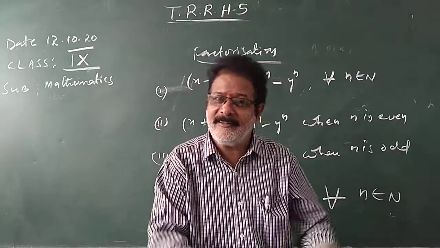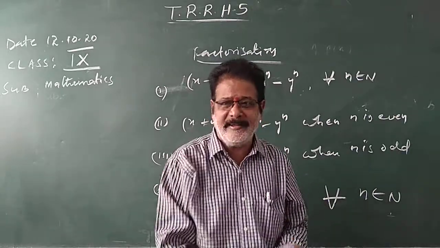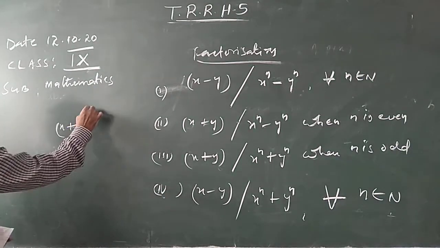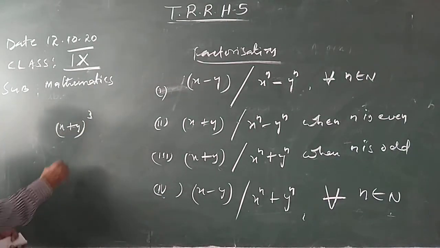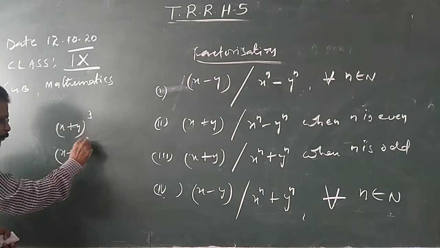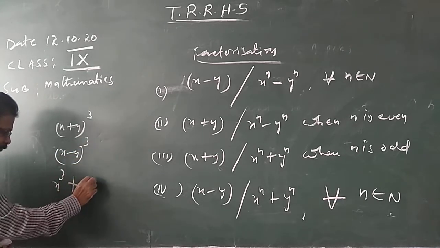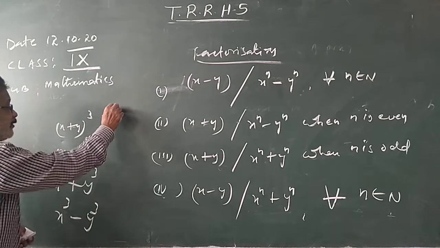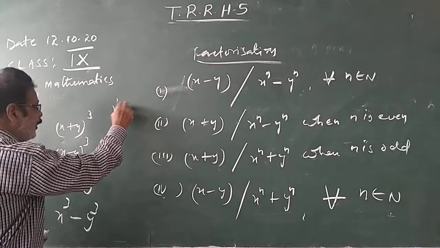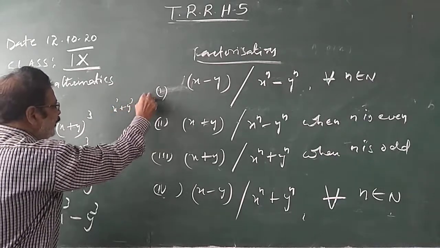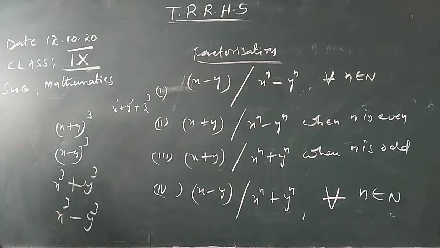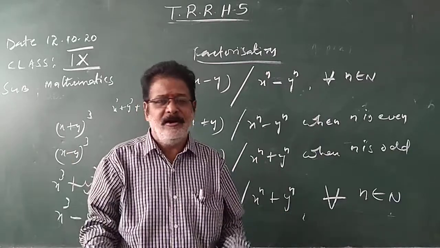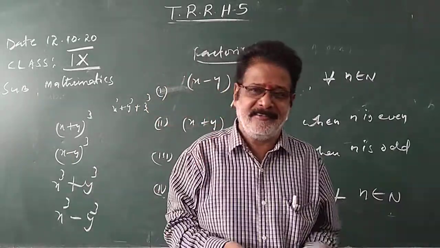The new things are here. Those four identities you have already learnt in the 8th class. The new ones are x plus y whole cube, x minus y whole cube, x cube plus y cube, x cube minus y cube, and the x cube plus y cube plus z cube identity, which we are going to learn in this 9th standard. We will discuss those in the next class. Now with those identities we can finish up your chapter's last exercise. Okay, thank you.